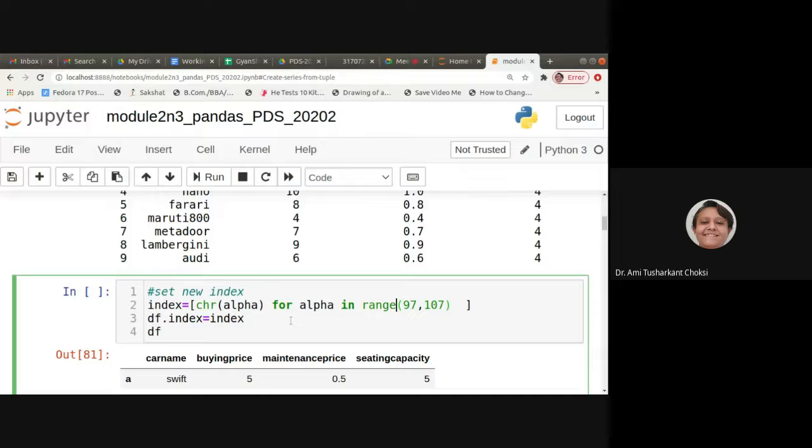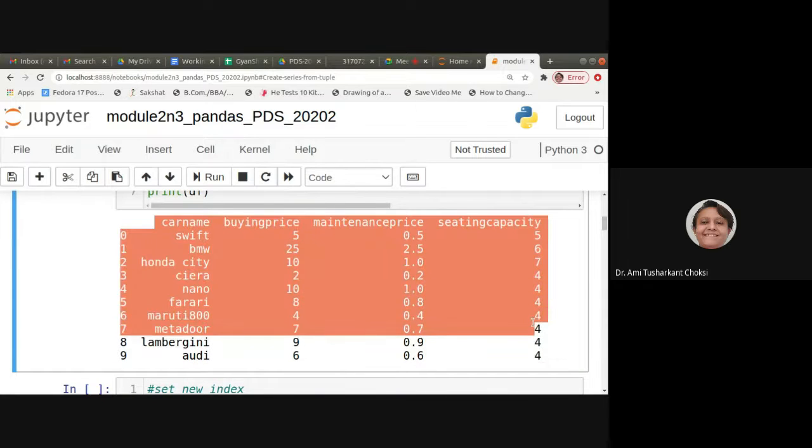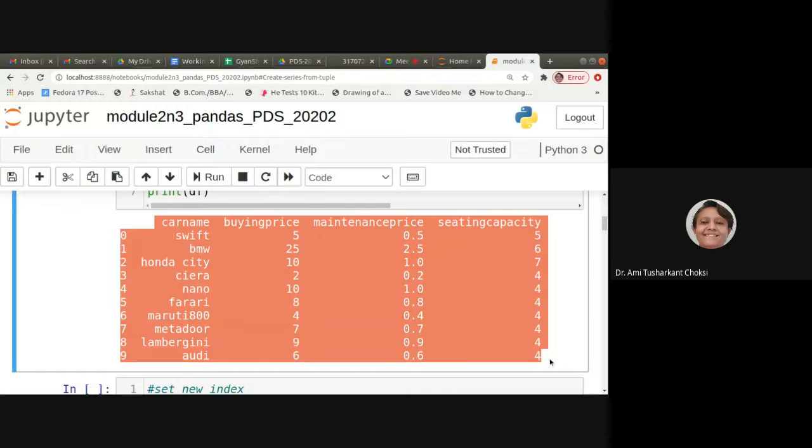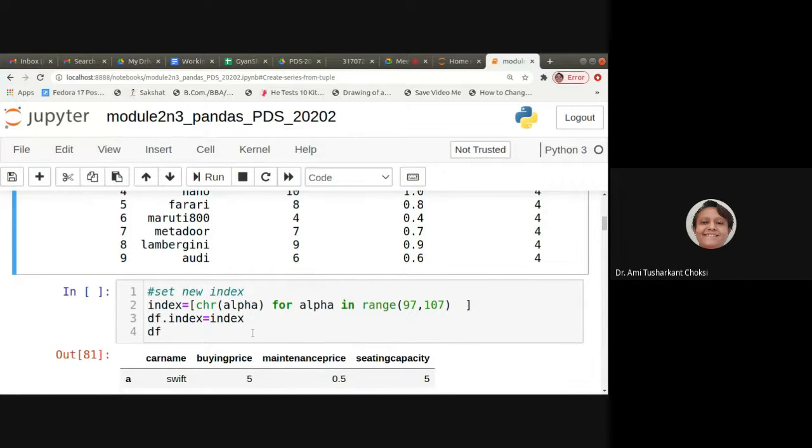Let us print that. But this index, now how to set the index? It is df.index is equal to this index array that we have just created, for our data frame, that is our car data set. We have created the data and we are setting the index.